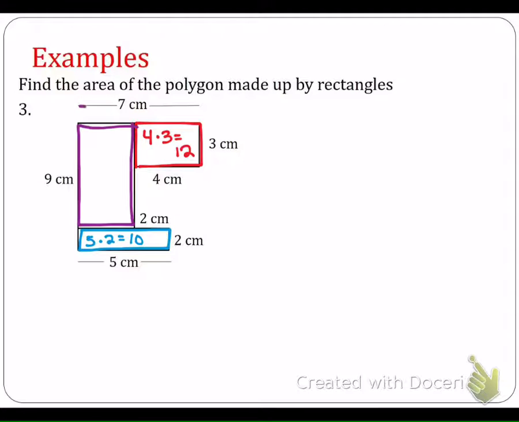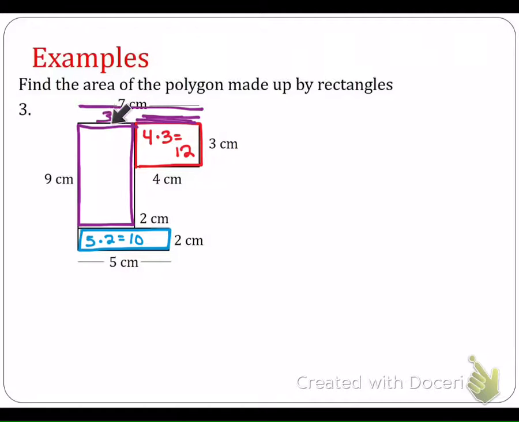Okay, so if this whole side is 7 and this side right here is 4, how much would be left over here? 3. That's exactly how you have to do it. So this whole segment over here is 7 centimeters, right? This is a rectangle, 4 and 4. So if I start with 7 and I cut off this hunk that's 4,